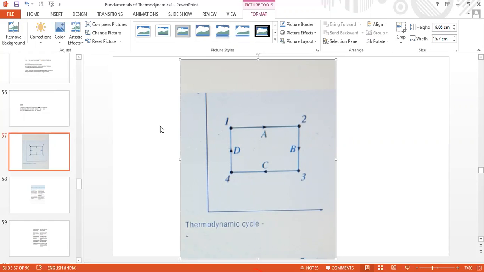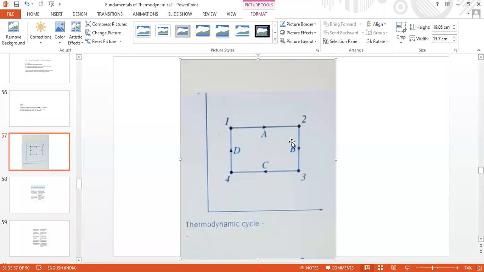Now, what is the difference between the earlier process and this one? In the earlier process, only a certain process 1 to 2 was taken, meaning the area under 1 to 2. Here also, the same is the case. For example, this is a PV chart. The area under 1 to 2 is all this area subtended on the volume axis. This entire area subtended on this volume axis will give the work done in the process 1 to 2.